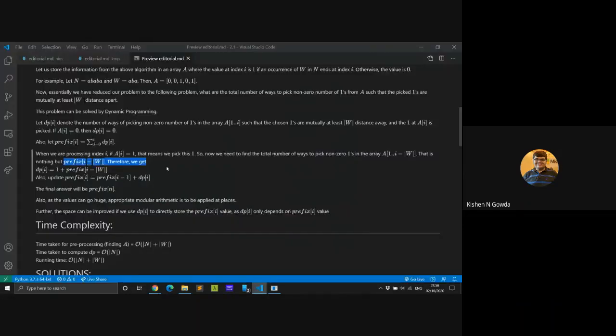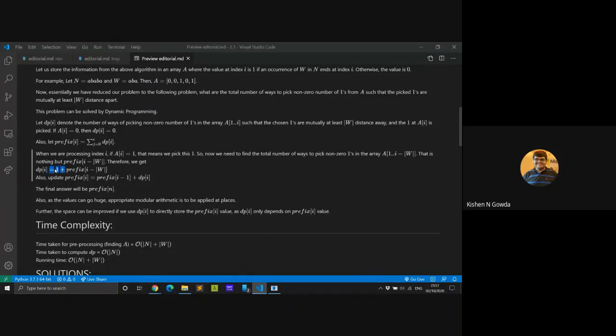Okay, I hope it's clear then. As this value is already calculated, we have the value of prefix of I minus W. So now DP of I will be 1 plus prefix of this, and why is this 1? Because we said non-zero number of ones, and if we pick up just the one at I, that is also one way of picking, and you do not pick up any more ones before it.